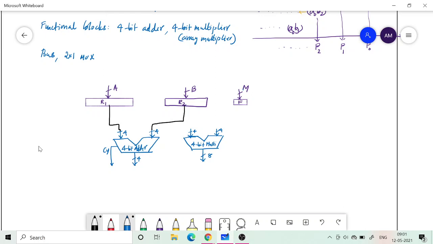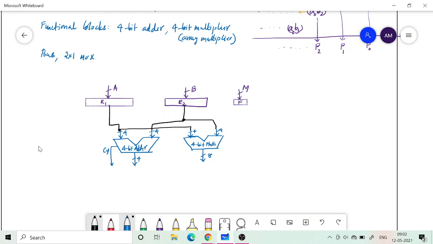Similarly, you can have R1 going into the multiplier as one input, and R2. This is continually given, and whenever the input is available, these are combinational circuits, so it will take some propagation delay, and after the propagation delay the output will be available.